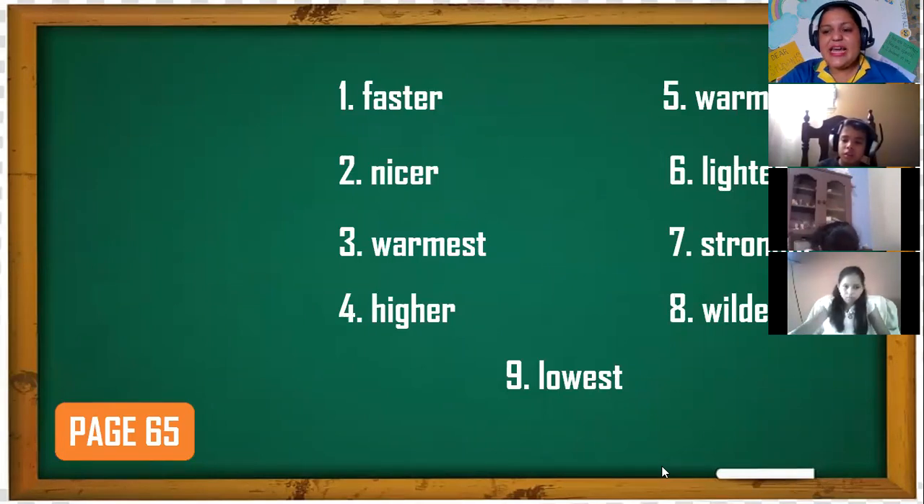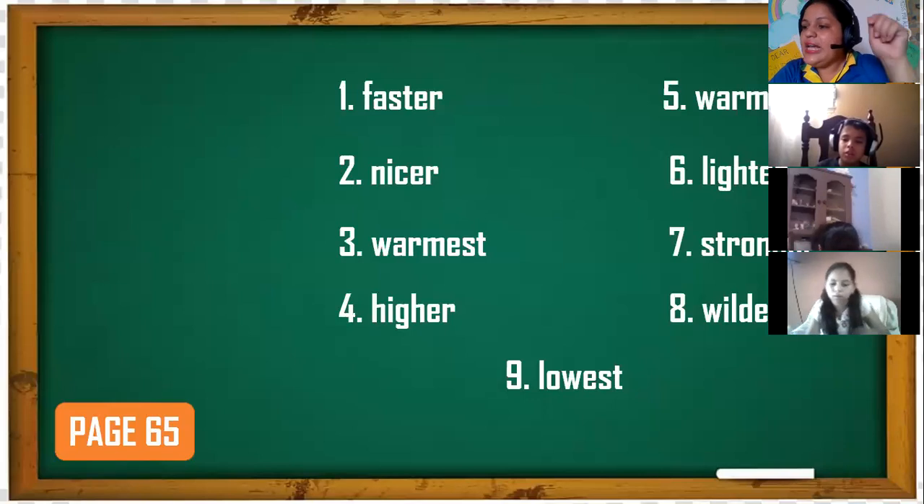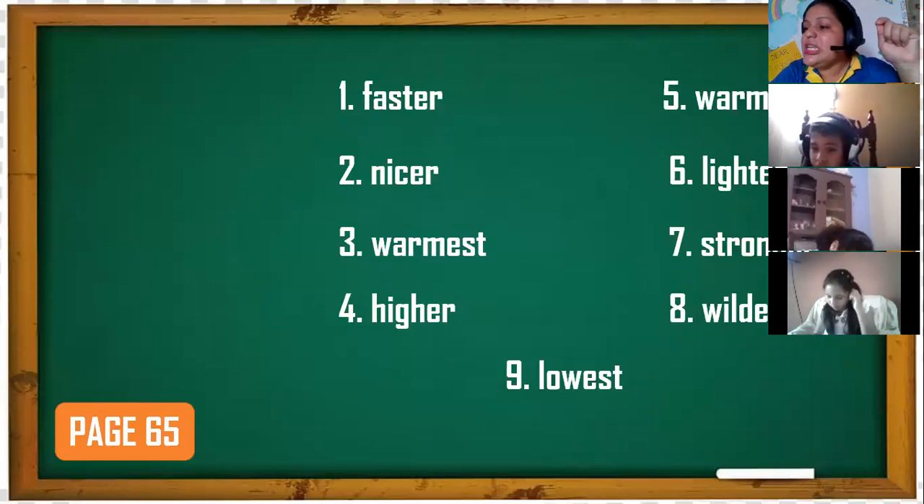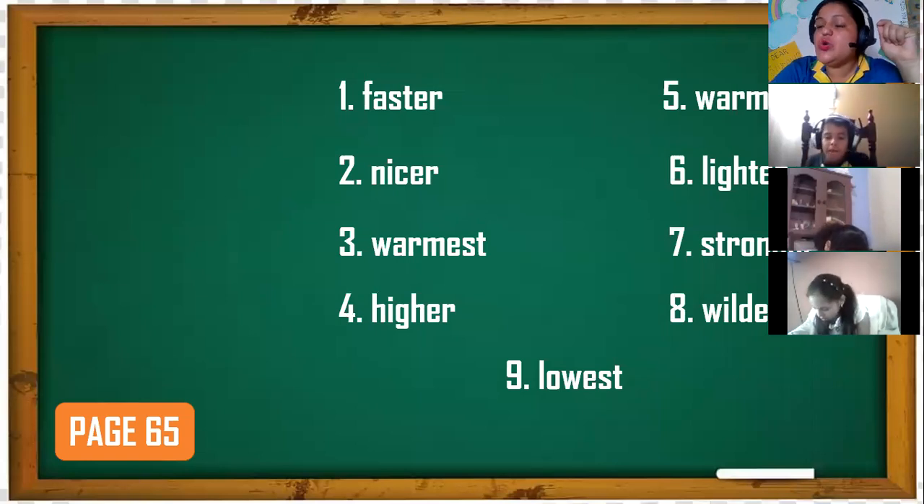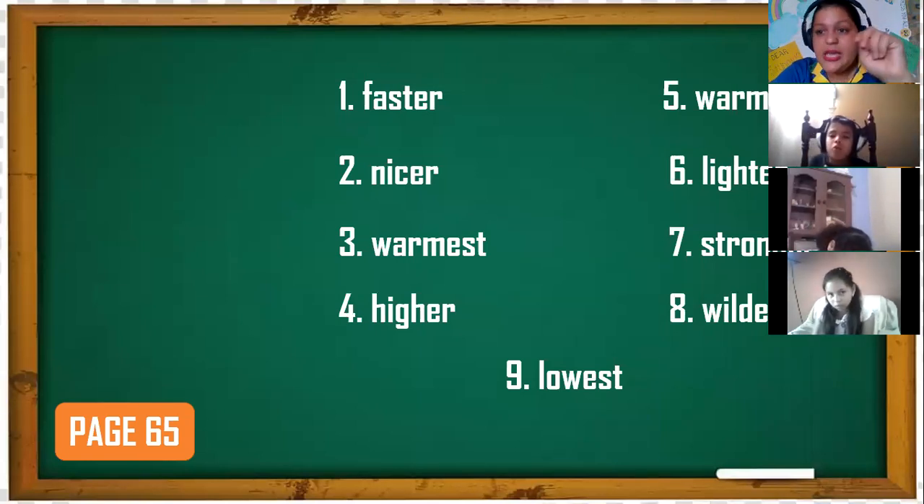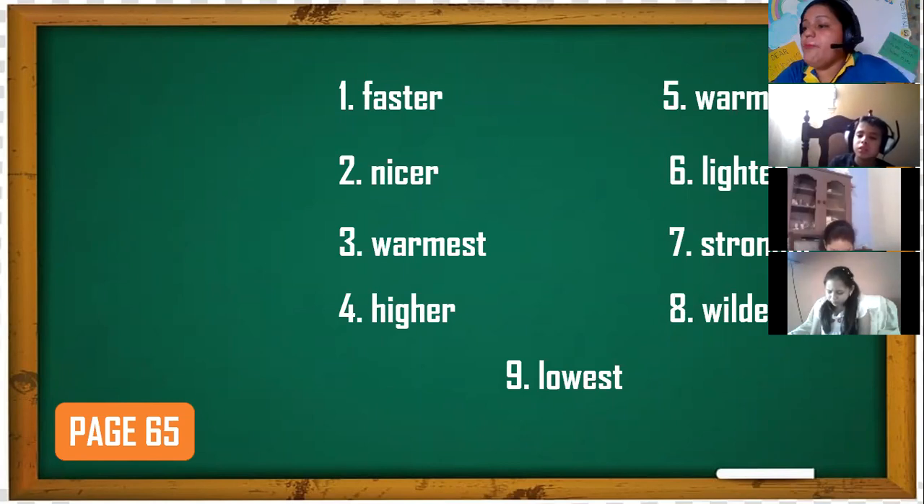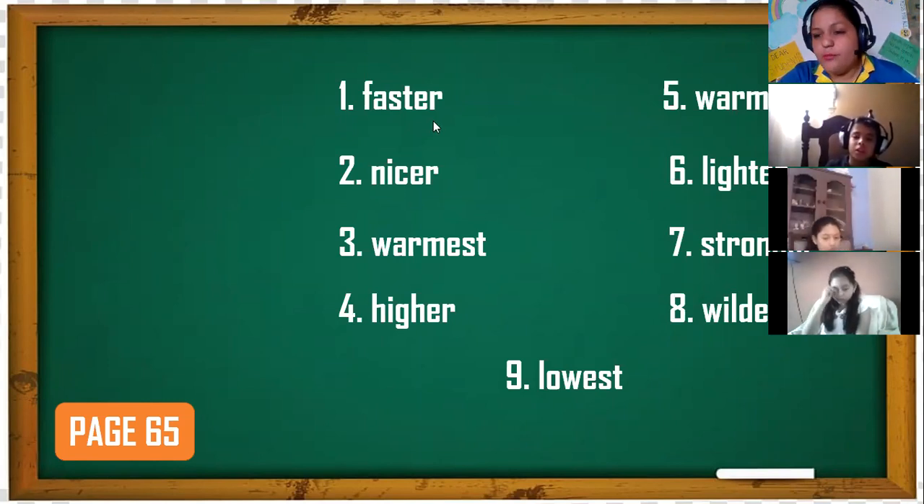So in this case, what we are going to do is that you are going to be underlining all the words that are used to compare only two things, okay? Remember that when we are comparing two things, we are going to use the comparative form ER. And when we are comparing more than two things, we are going to use the words that contain EST. So in the sentence number 1,